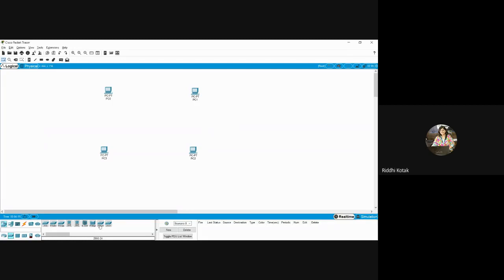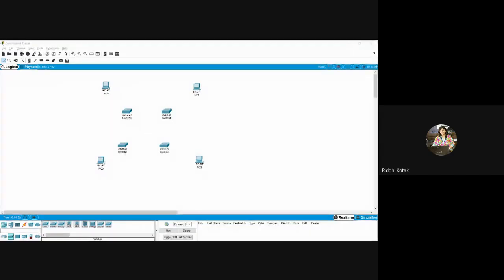So four switches you have to take. Okay, prepare this structure.